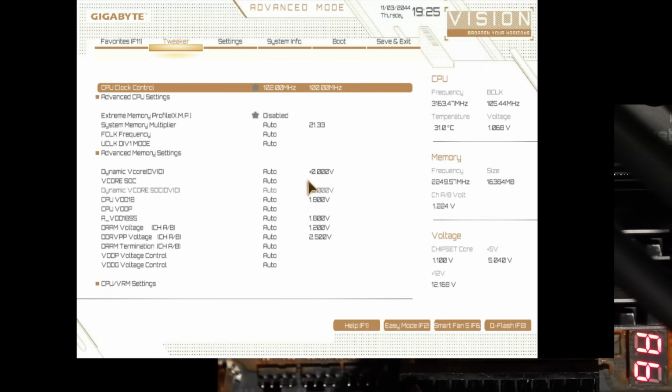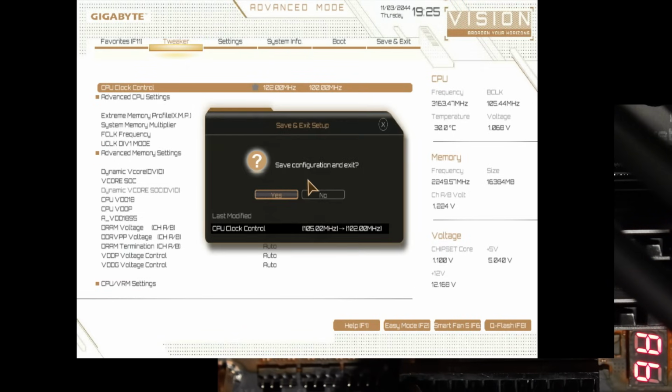Actually, should we try 102? This doesn't really take that long to reboot, so let's just quickly try 102. And we will also try a negative voltage offset. That's the last thing I want to show. Because that was the other thing that really annoyed me: you can't raise BCLK because the boost algorithm just slows down. You can't